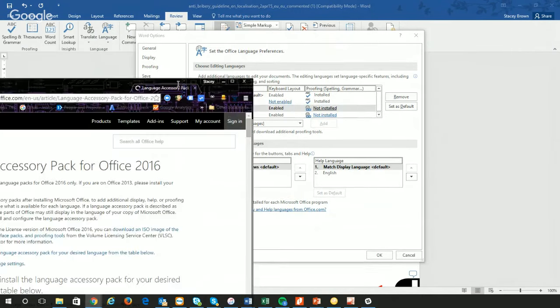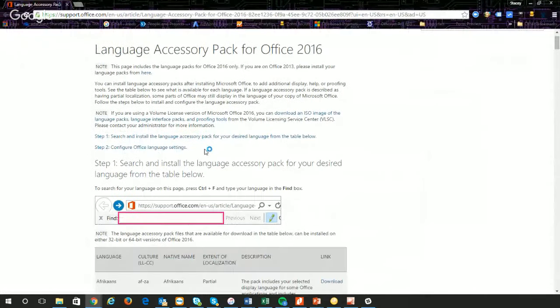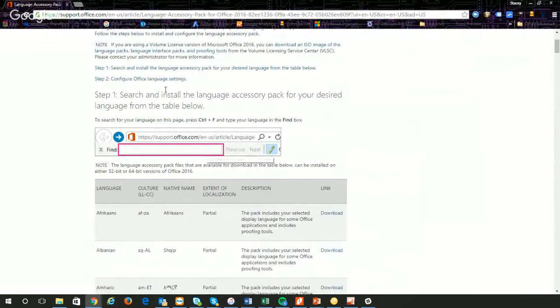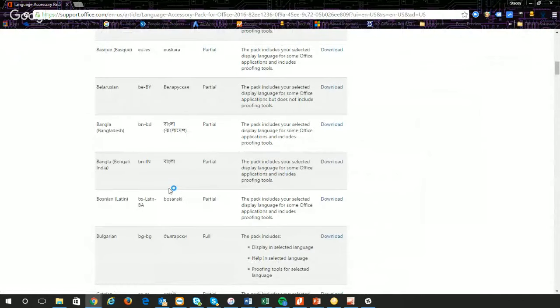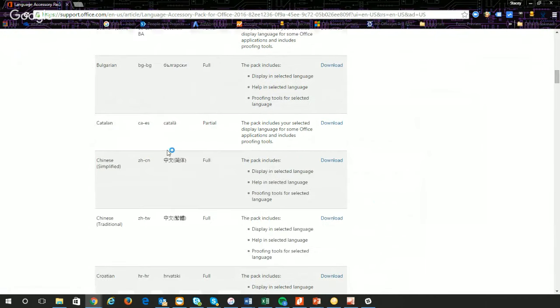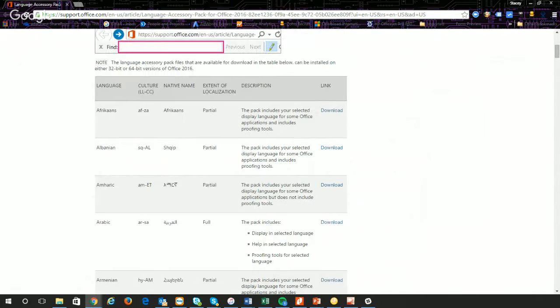When I clicked on that, it brought me up to this Microsoft website, and this is where I could go in and just install in my language. Hopefully all of you know this already, but just in case. It's important to have the language that you are proofreading into, so the target language, you have to have the proofreading tools installed.